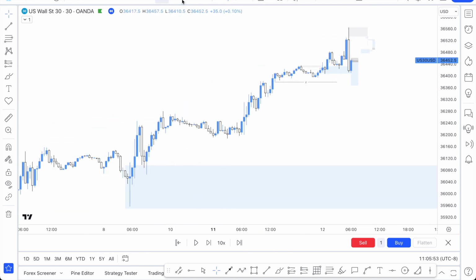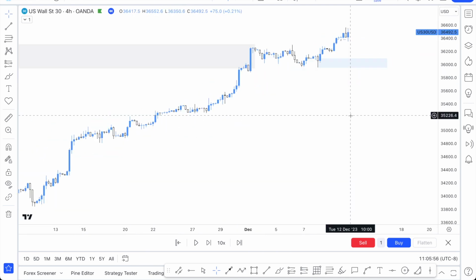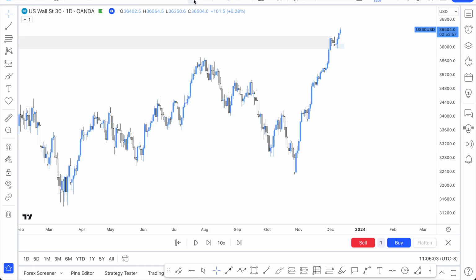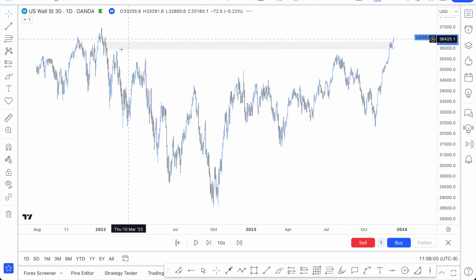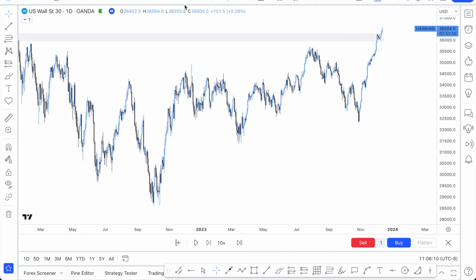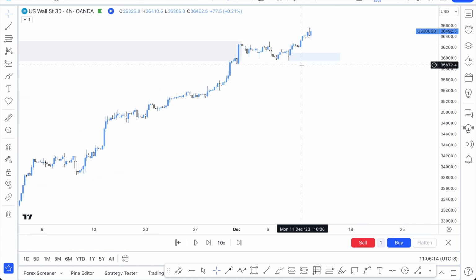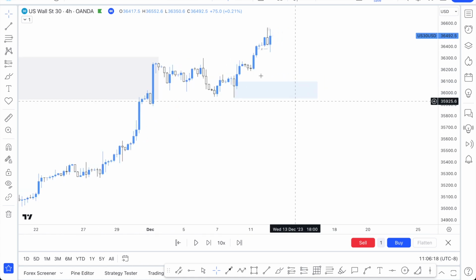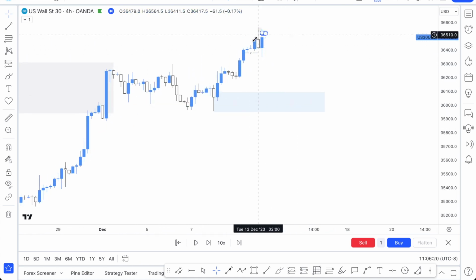Right over here you can see, let's go on the 4-hour so you guys get a focal point on what's actually happening here. This right here is actually a reaction point on the daily time frame. If I go on the daily right over here, zoom out a little bit, you can see there's a supply zone, right? So then we have this reaction point right over here, and once we have this huge reaction point, okay, I was actually anticipating the price would come back down here today, but it didn't, which is totally fine because I'm essentially going from the higher time frame all the way down to the 1 minute to catch